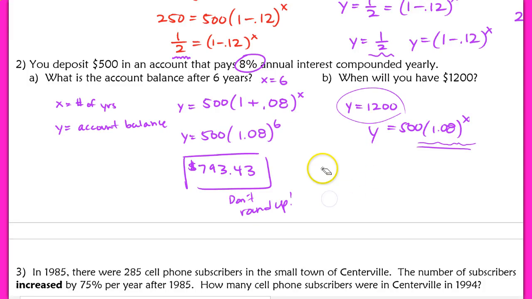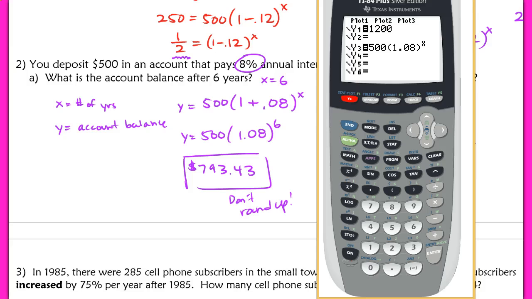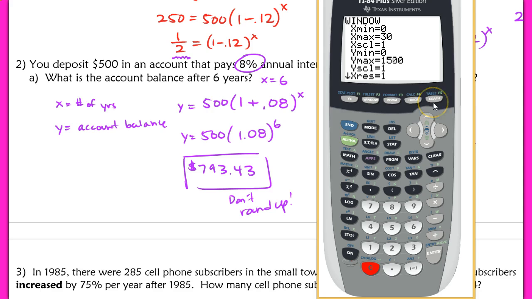So in my calculator, I typed those values in so that I could do this real quickly with you. But remember, our window needed to be adjusted here. When you go to your window, you do want to keep your x min and your y min at 0, because it's still dealing in the real world, so you don't really care about anything before that. Your x max, since we're only going for about 6 years, don't make this an entirely huge number. A lot of you guys want to make this huge just because your y output is big here. Let's say, if we're not really sure, let's put 30 years in there, because that's not too crazy of a number, but it's still large enough to see if that intersection occurs after 6 years,